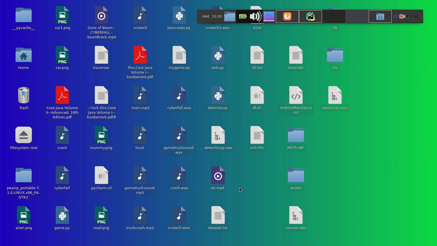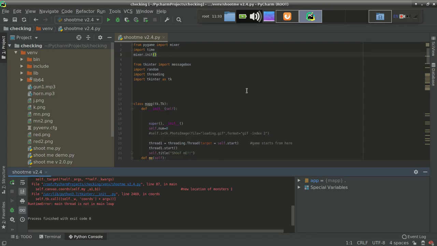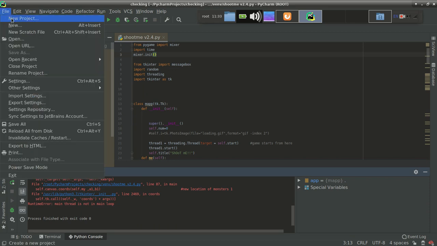So let's see how we can encode an image to bytes, and how we can again collect the image from those bytes. So let's start. Let's open my PyCharm. This is my pre-written project. Actually, this is a game. I will also upload a video about it, but currently I'll show you how you can encode an image.